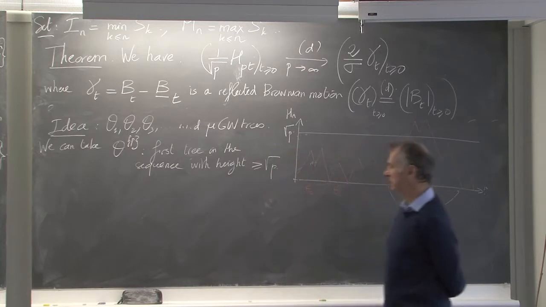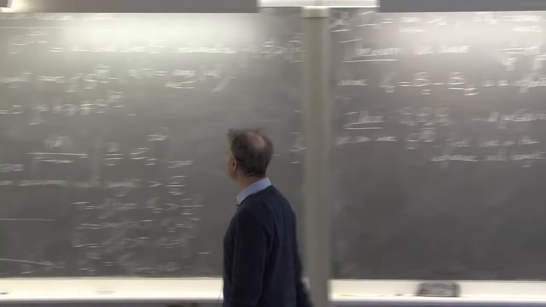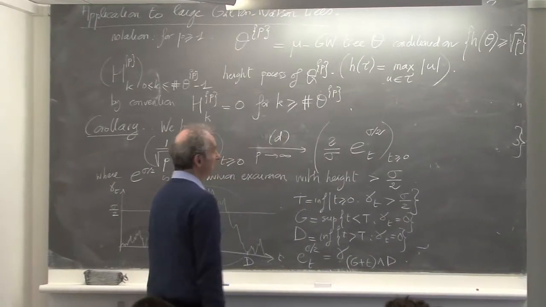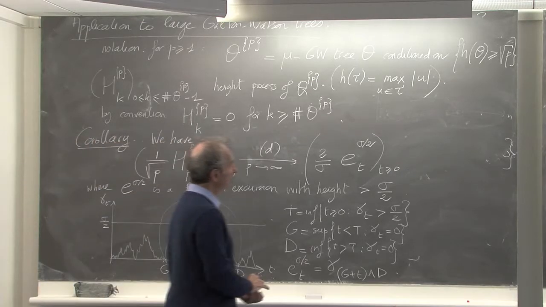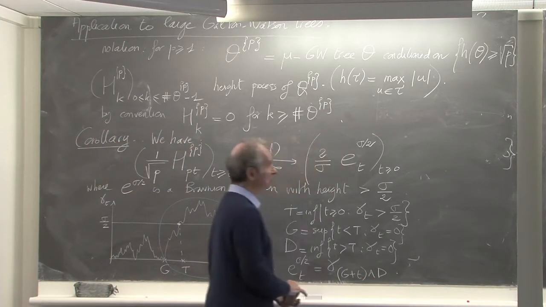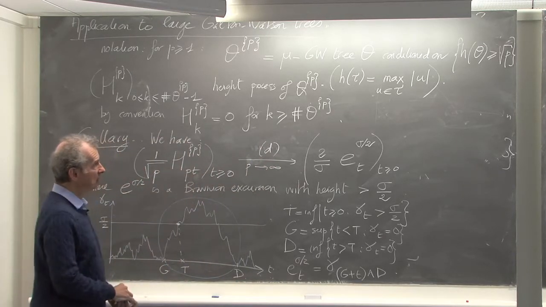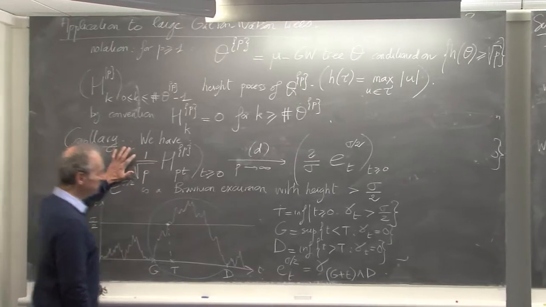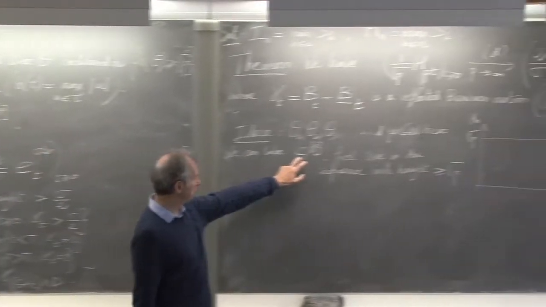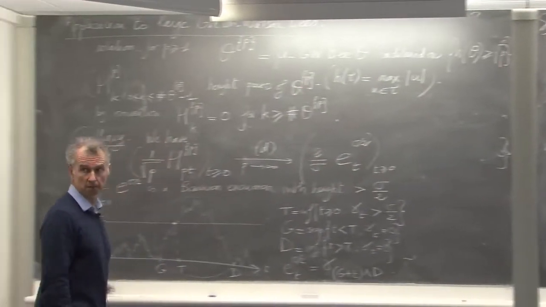Well, it's only elementary probability. You want to condition a certain distribution on a certain event. Well, you just throw a sequence of IID random variables according to this distribution, and you look at the first one which satisfies the event you want to have. So if we want to prove this corollary, we can just take for the tree theta brace P the first tree with height greater than square root of P in my sequence. Okay, that's clear?